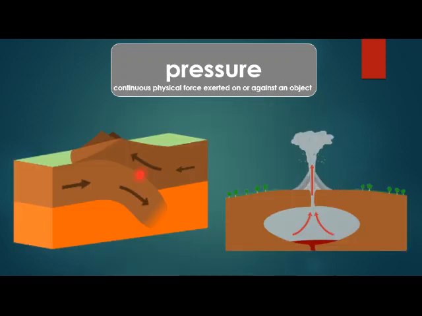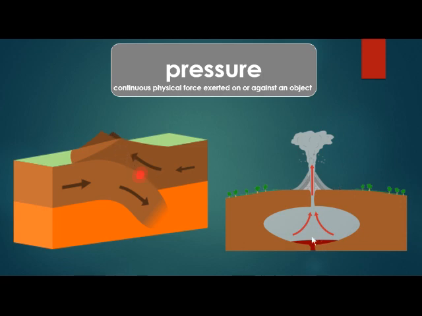Our next word is pressure. Pressure means a continuous physical force exerted on or against an object. So let's look at these images to help us understand that definition. Right here, I can see this area of land is moving in this direction. This area of land is moving against it. So they are pushing against each other constantly or continuously. They're pushing against each other. And look, right here, it's forcing some mountains to actually push up from all of that pressure, right, to get